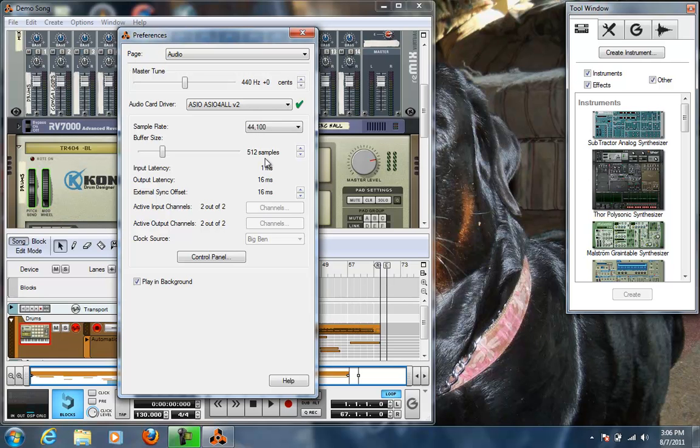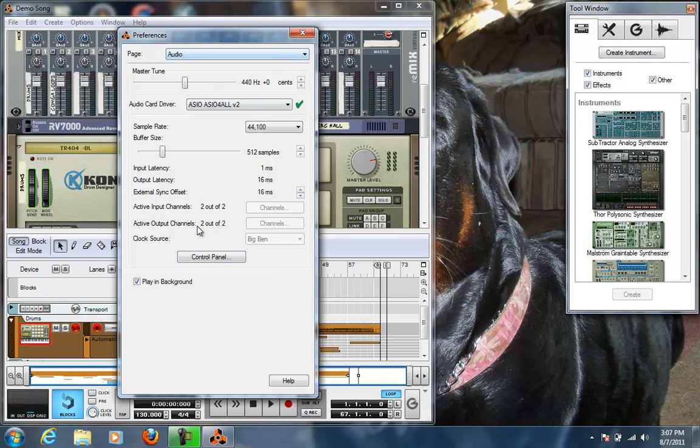I found 512 works best for my system because it gives me absolutely no crackling no matter how hard I play on my piano and how many notes I play at the same time. And it gives me next to nothing latency, which is completely undetectable by me. As you can see, input latency is down to 1 millisecond, output latency is 16 milliseconds. I'm sorry, I can't detect it. I don't know anybody that could detect that with their ear, and so it's irrelevant having numbers so low like that. So you need to get your numbers down this low or lower,